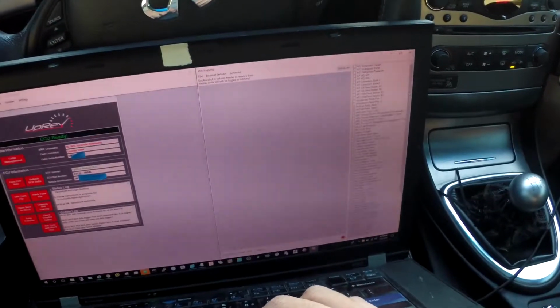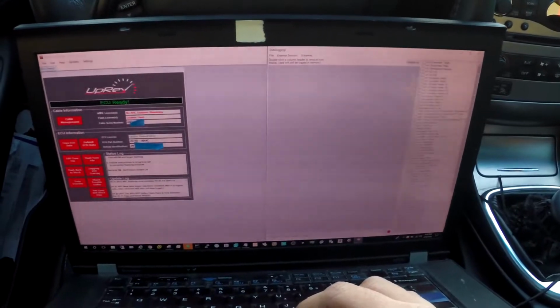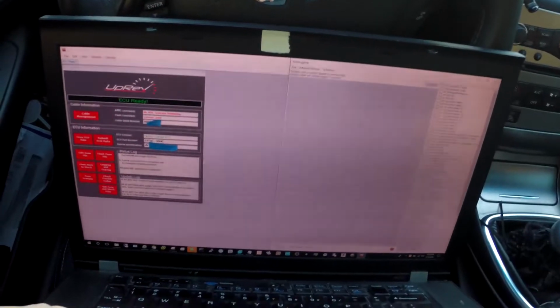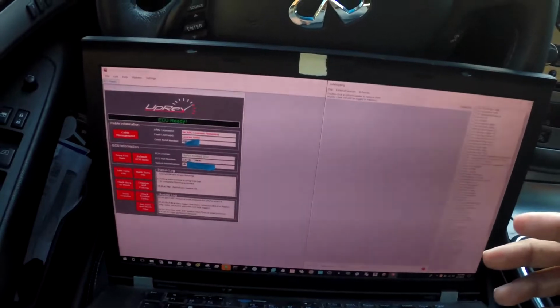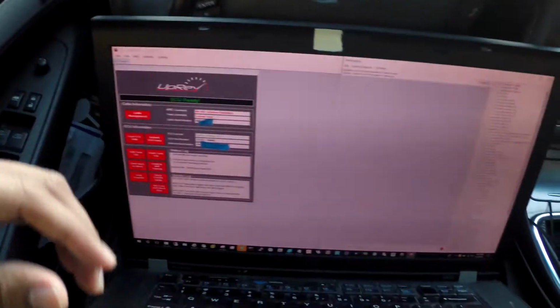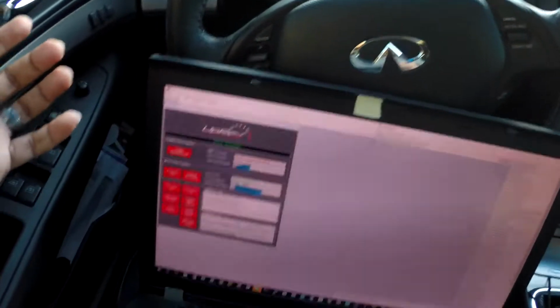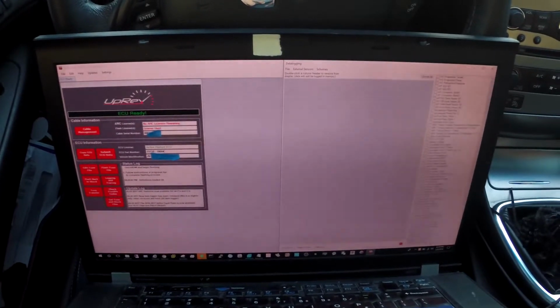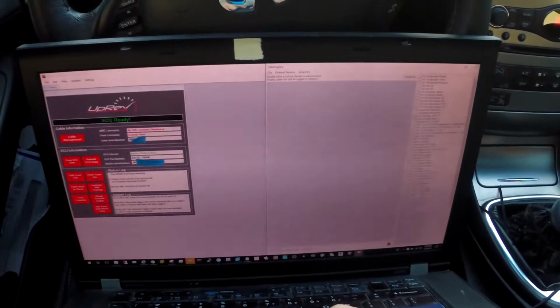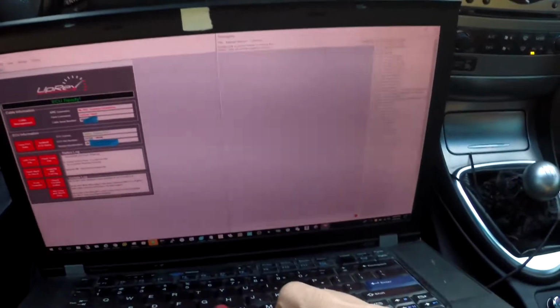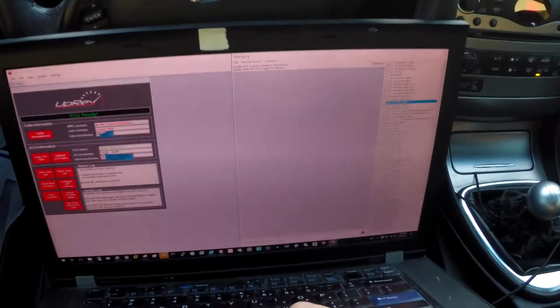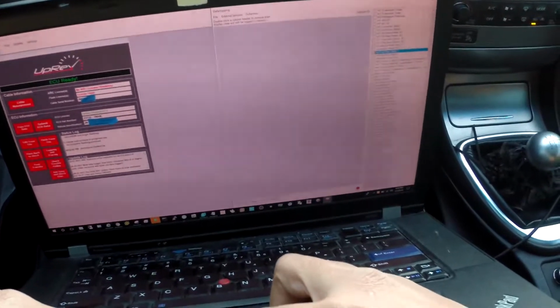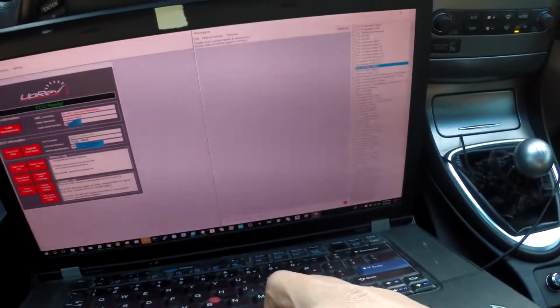Now the UpRev website has certain criteria they list, and some of them is really old because of the new version of software. That was probably for Cypher back in the day, and they haven't updated their how-tos. But what John wanted me to log was air fuel ratio bank 1, air fuel ratio bank 2, engine speed, knock strength,